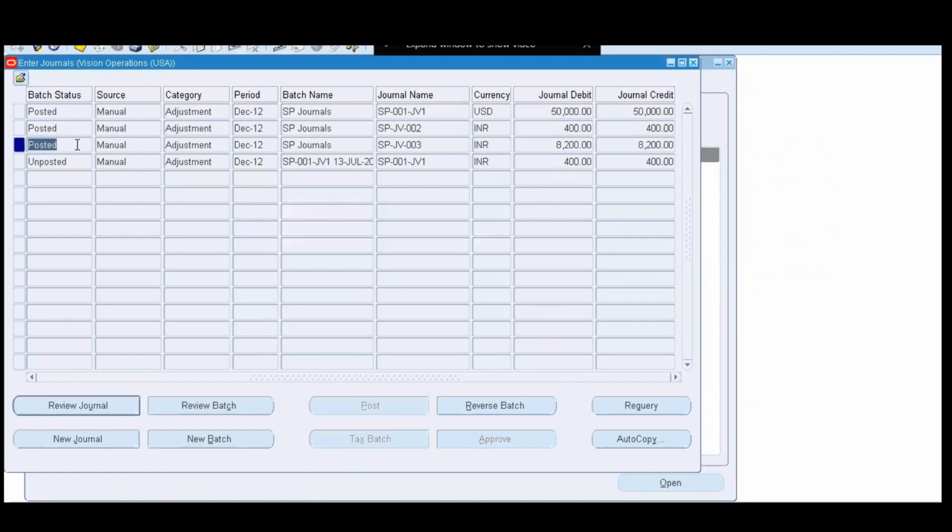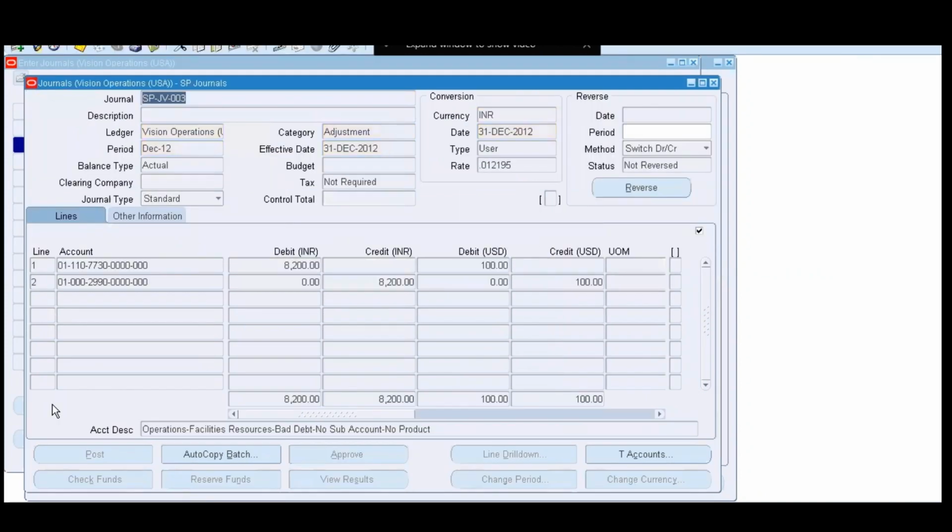So see, there are 3 journals that have been created. This was the first one, JV1, JV2, JV3. If you want to look at the journal, see the third one that you have seen, if you remember, I had entered it as only one line. Now, the second one, if you want to review this, you will find